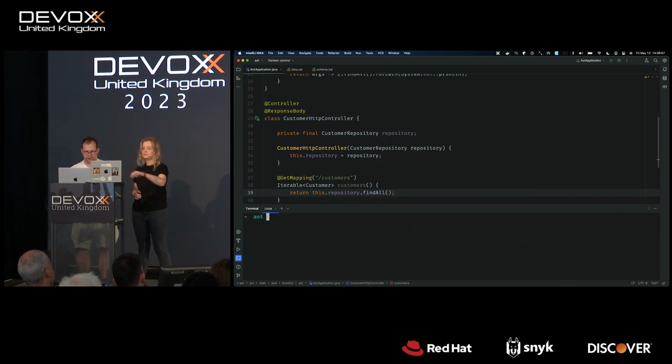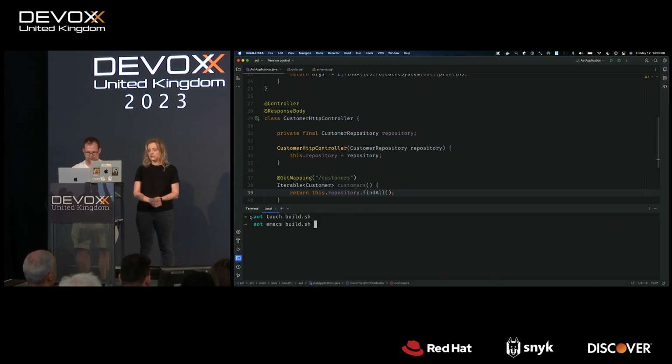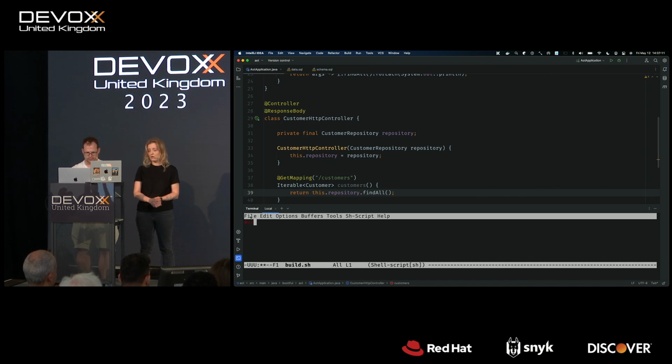Let's make it work in the native GraalVM mode. And this is the thing. We didn't have to do anything to the build at this point to make this work, but we are going to create a file here. So touch build.sh because we're using Maven, and I don't want to have to remember this each time. We already built this many times, so we just want to use the script to make this a bit faster for ourselves. Maven -Pnative, activate the profile. And then clean native:compile. And if you're using Gradle, you would do gradlew nativeCompile.